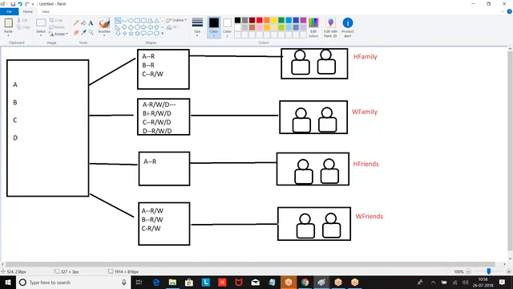Page layout 1, page layout 2, page layout 3, page layout 4. On an object, we can create multiple page layouts. But for every profile, how many page layouts will come? One page layout. What will that page layout tell you?